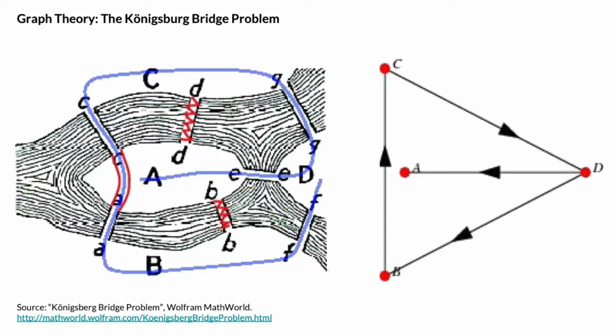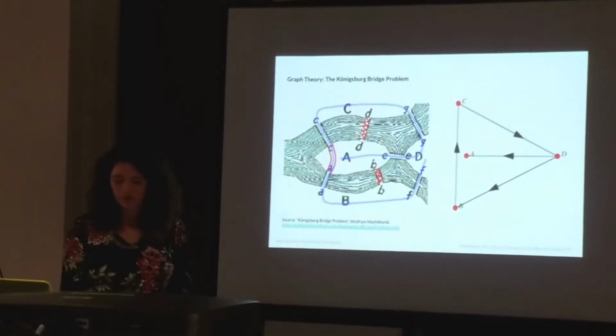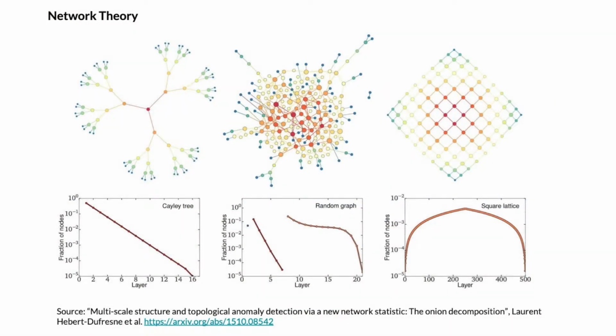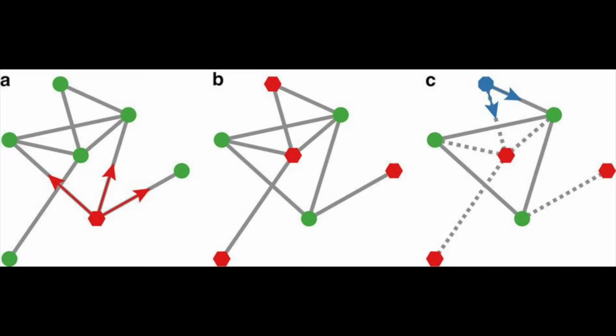This is the beginning of the study of graph theory, which has now been expanded to study a whole bunch of different problems with large data sets. This is the work of one of my colleagues, Laurent Hébert-Dufresne, who does research into epidemiology, studying the way that pandemics spread. He does a lot of work with understanding how networks function and how they change over time depending on their structure and their dynamical qualities. So whether or not, say, a node is replaced in a network.